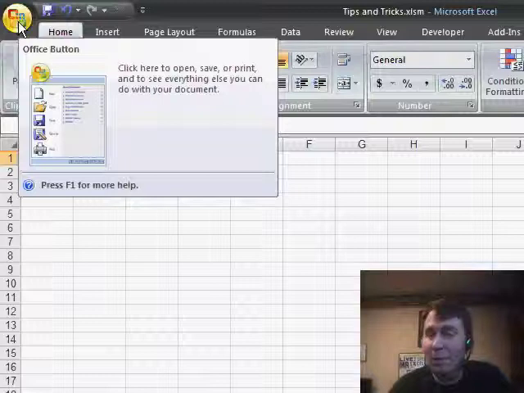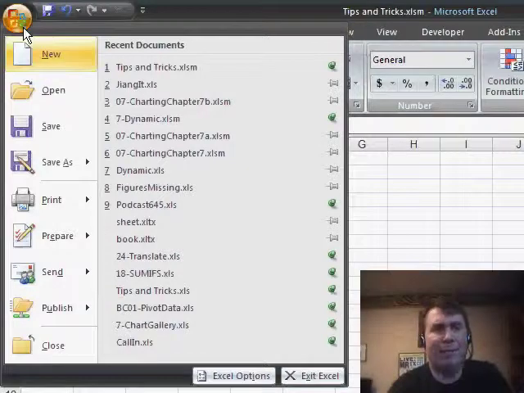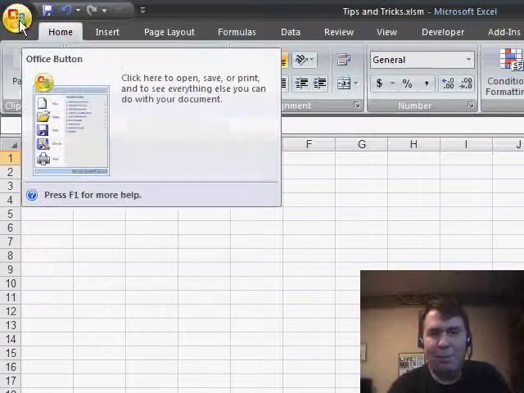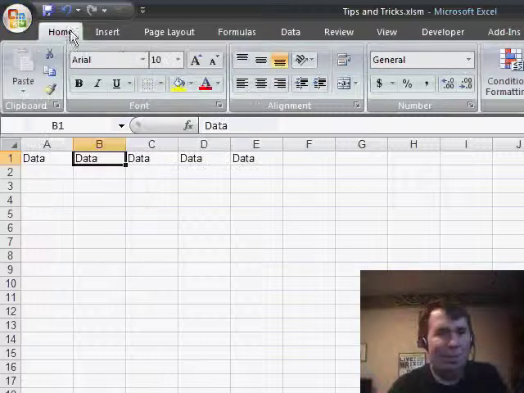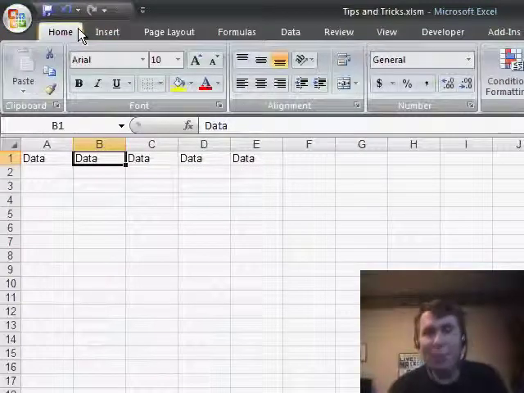The file menu doesn't have the word file. That's kind of strange. So a whole bunch of important stuff is up here behind this round dot, like print. People say, well, how can you print? It's underneath the file menu. They replaced the word file with an unintelligible symbol. Who knows? But they really went through a lot of scientific research to create the ribbon, and you'll find things